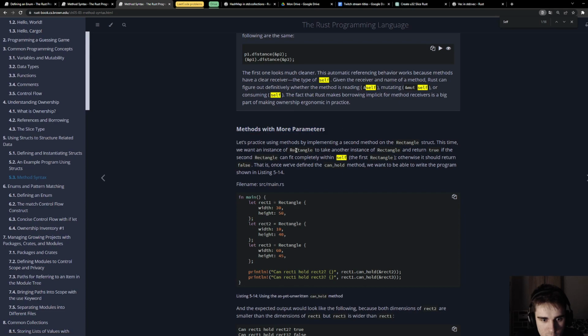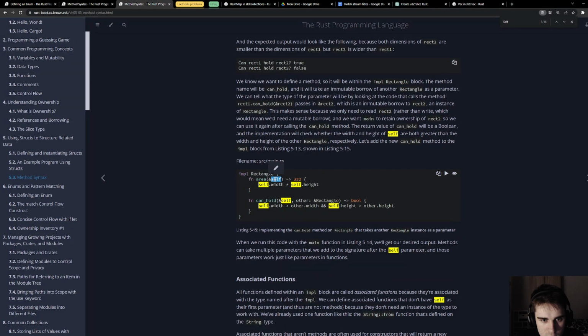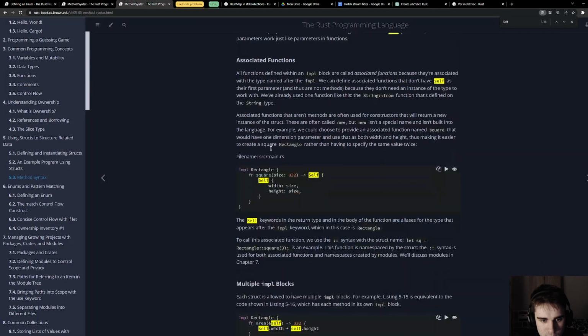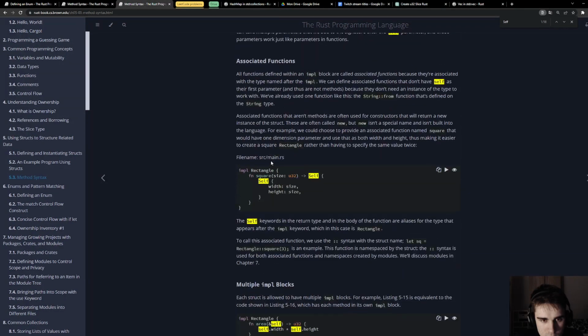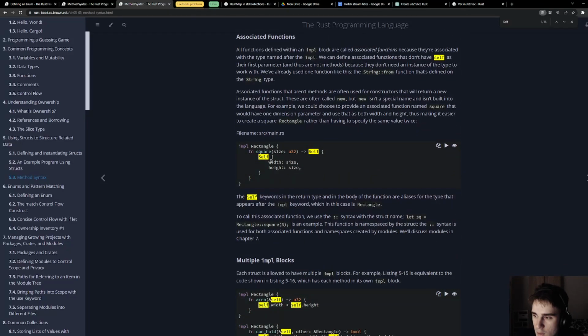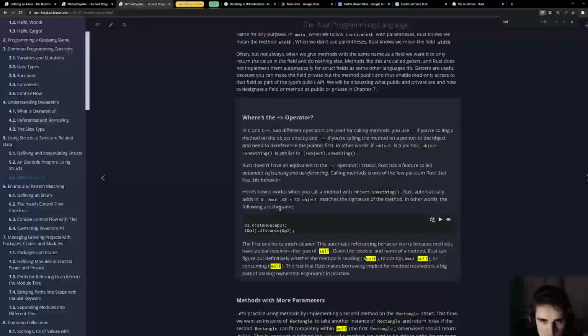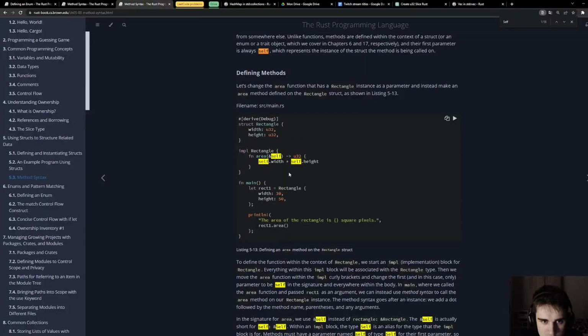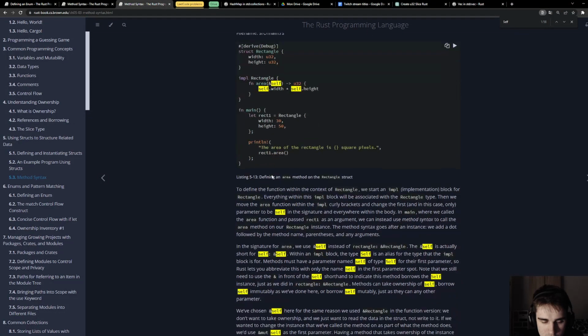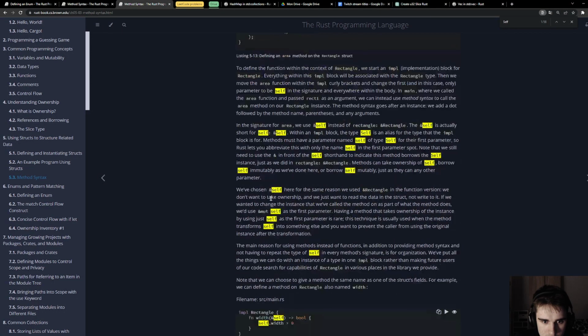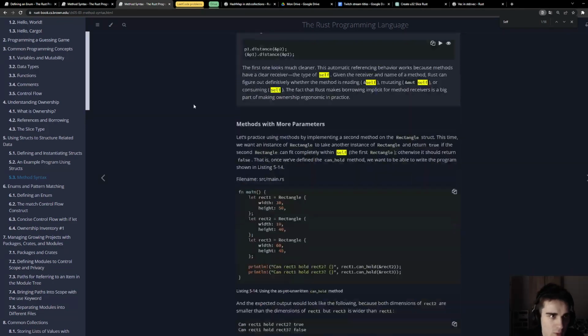Methods with more parameters and self to reference the current instance. Okay. And you can also add the mut keyword here with self. Alright, that makes sense.